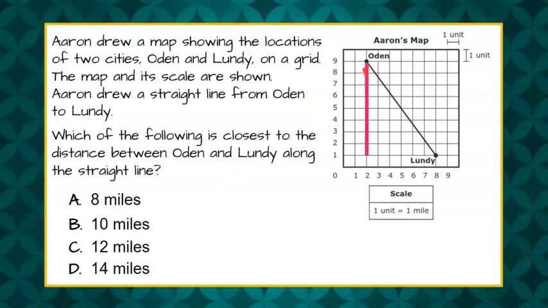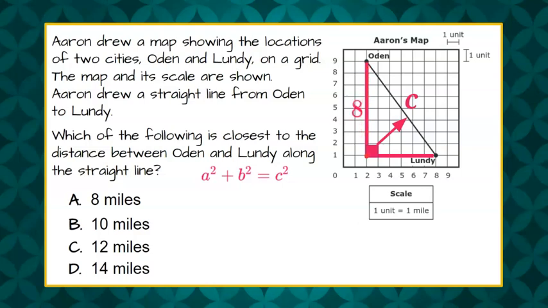So we know that we can form in a coordinate plane a right triangle, which we know we can use the Pythagorean theorem on. So now we're going to identify that the hypotenuse C is our diagonal length, which is the distance between Odin and Lundy. So we can count the units from this right angle up to the town of Odin, which